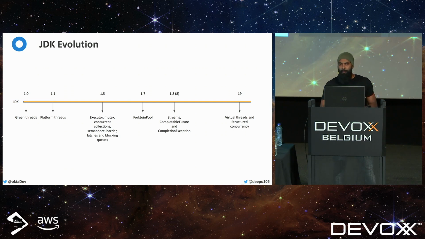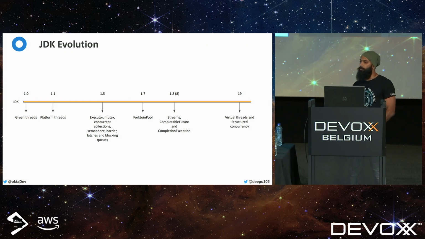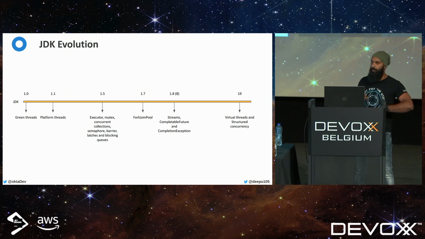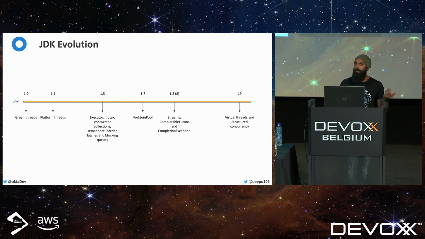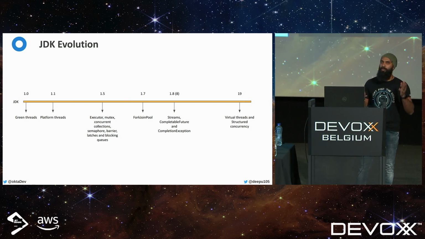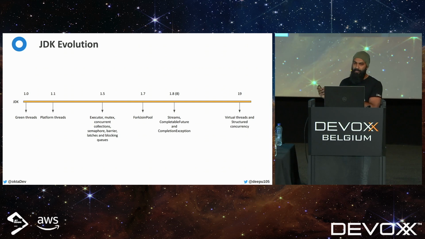Multi-threading was supported by Java from version 1 onwards. Before JDK 1.1, Java even had support for green threads, in version 1.0, also known as user mode threads. But the feature was removed in JDK 1.1, as the implementation was not any better than platform threads, and with 1.1 we had platform threads. So the green threads were removed in favor of platform threads. We'll see why the implementation was not good, or how it is better now, later.